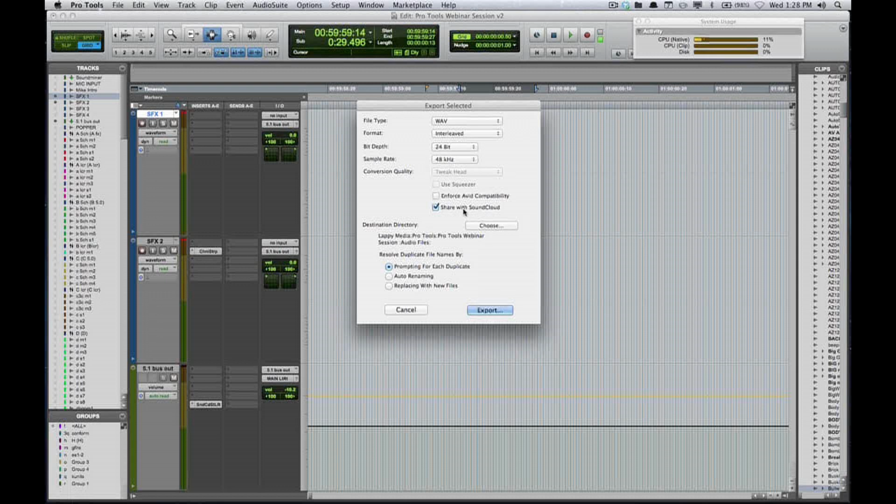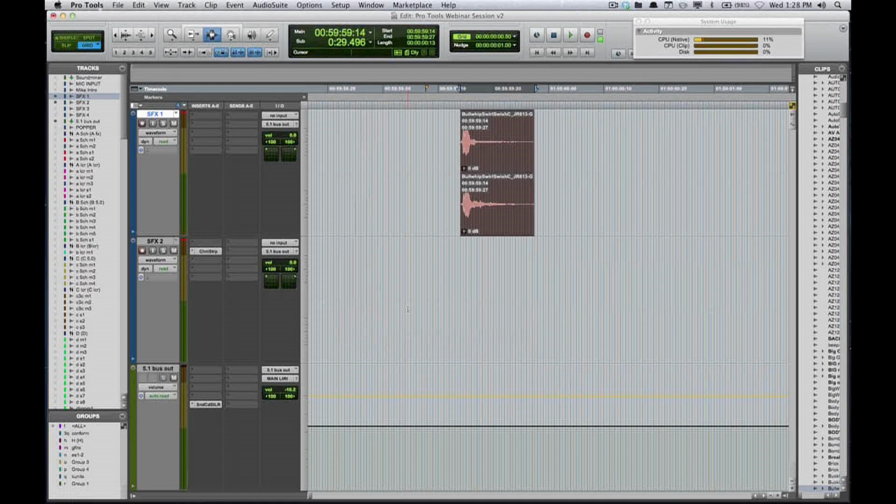Just another shortcut, another quick way of getting things done. Saving you a step. I tested it all out. It's working. I won't show you here just for time's sake. But it works. It's fairly seamless once you get it all set up. You get to put all your information, obviously, in the Pro Tools. But once it's working, it's great. It's quick, seamless, and another great feature. You also have the iTunes option as well. So, a couple cool new little features to try out.